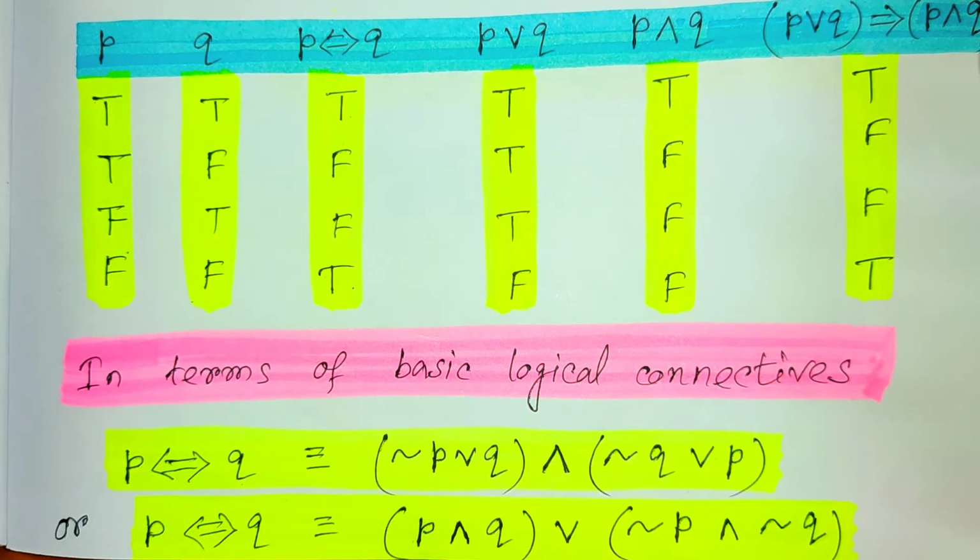So in this way we can express the biconditional, and in terms of various basic connectives also we can express it. And what is the use of expressing one expression in various forms? For that I can say that if you want to design a circuit, then in various ways, in various formats, you can design the things. That means your output is the same but your designs are different. For that time you require these various connectives and various expressions for a given expression.